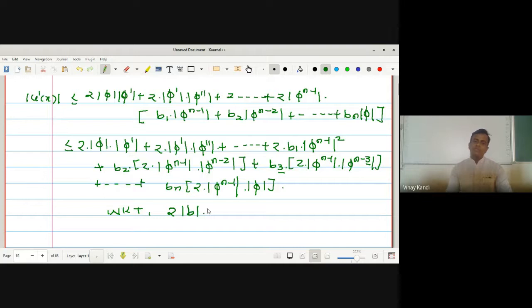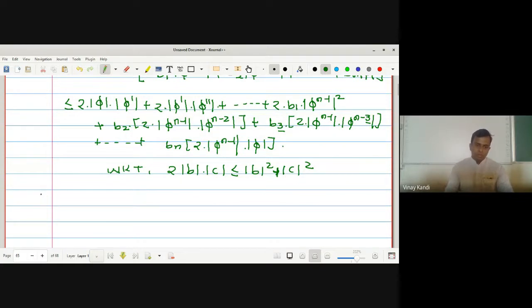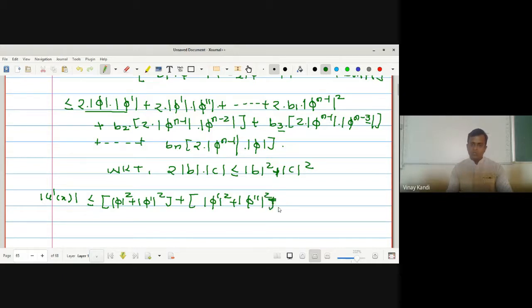We know that 2 into mod b into mod c is less than or equal to mod b square plus mod c square. So mod of u dash of x is less than or equal to, instead of this one we can write mod of phi square plus mod of phi dash square, plus mod of phi dash square plus mod of phi double dash square, this bracket completes, plus up to so on, b1, this is as it is, and 2 times mod of phi raised to n minus 1 bracket square, this term as it is,